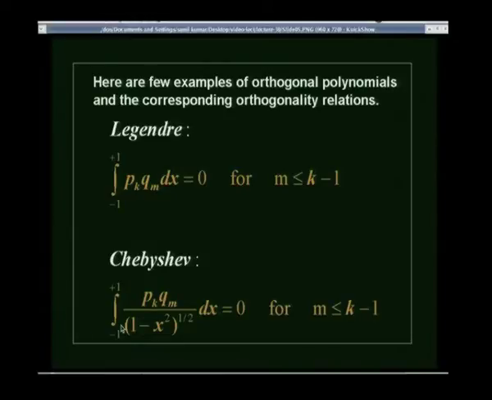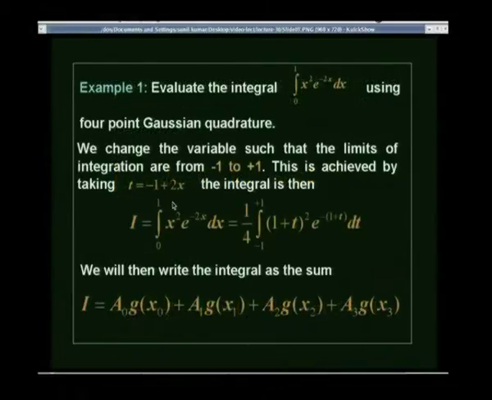So the first part would be to write the integral which we want to evaluate into one of these forms. So we have to change the limits such that the limits are -1 to +1, and we write that in this form. So that's what we had seen in this particular example. For example, this is a particular function of interest right now, we just want to evaluate this integral, that is x squared e to the power of -2x, and then I have to change the limits of the integration from 0 to 1 to -1 to +1, and that I do by changing the variable from x to t,